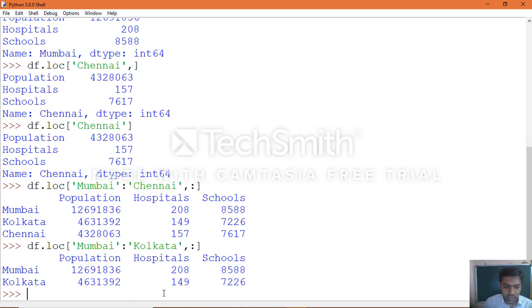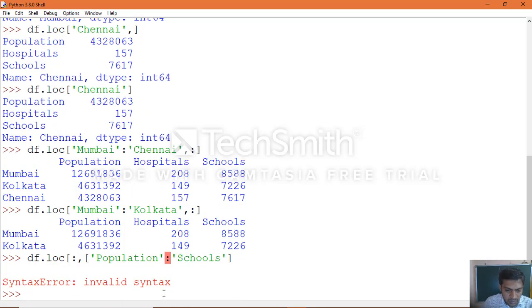Now, to access selective columns, how can I access? Object name dot loc, colon, then start column label, that is population, colon, and then the end column label. You can specify the end column label. Invalid syntax.